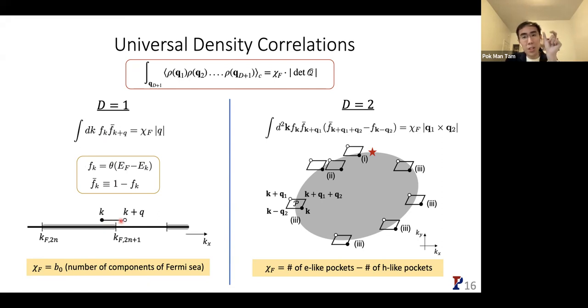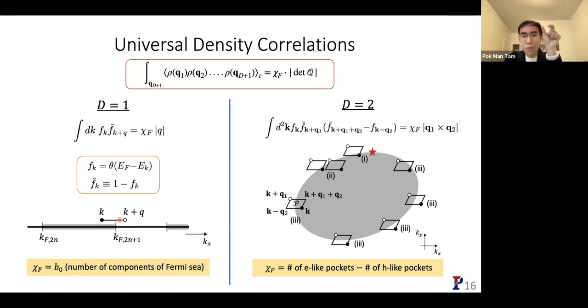And as long as this situation is satisfied, then no matter how you move it, you're going to pick up 1 as a contribution to your integrand. And if you put your interval all the way inside the Fermi sea, then your integrand is just 0. Or if you put your interval all the way outside the Fermi sea, then your integrand is also just 0. The only way that you can get a non-zero integrand is for this situation to be satisfied, and there will be